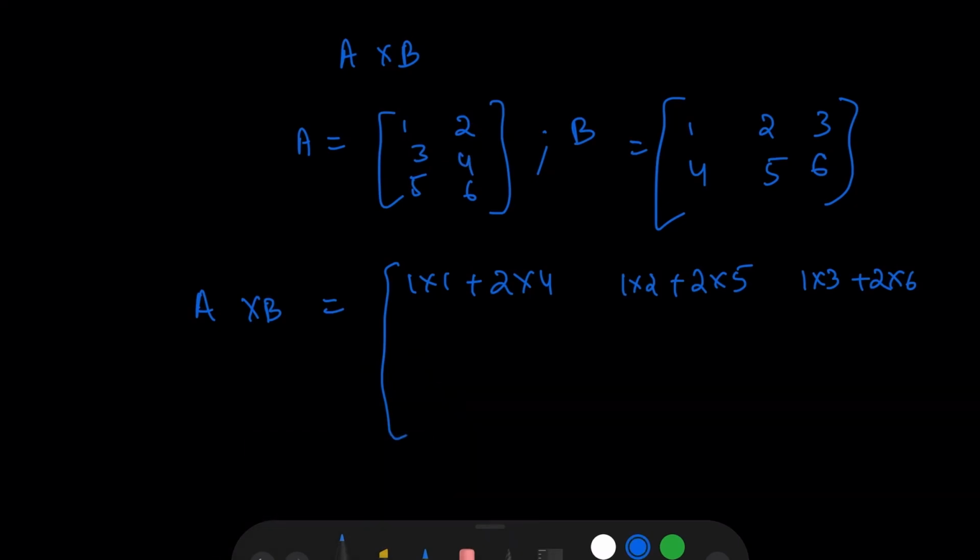Now similarly take the second row and multiply it with the first column. We'll be getting 3 into 1 plus 4 into 4. Similarly the second row with the second column, that will be equal to 3 into 2 plus 4 into 5. Now with the third column, 3 into 3 plus 4 into 6.